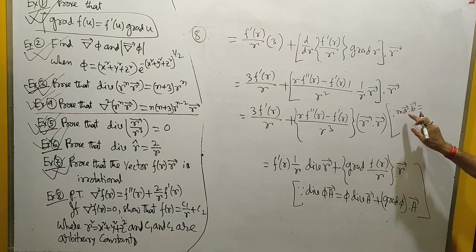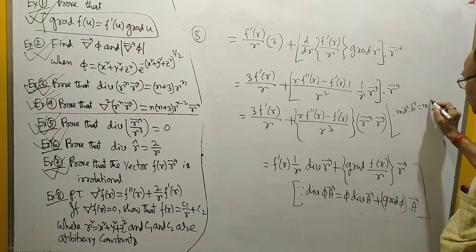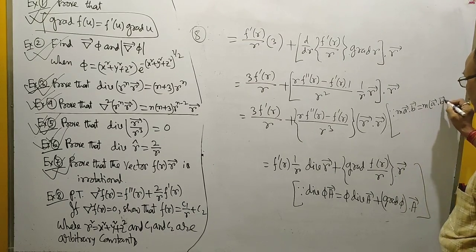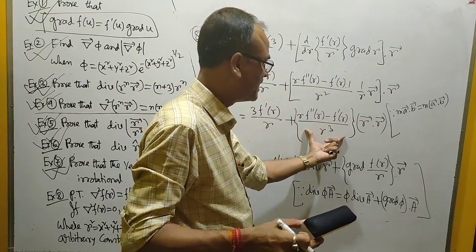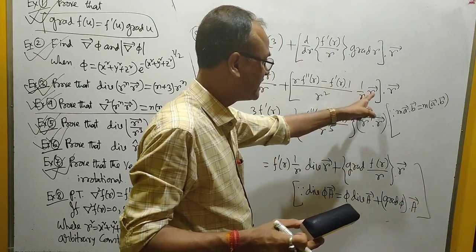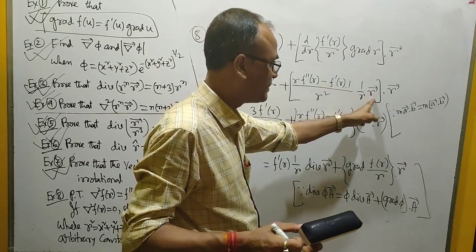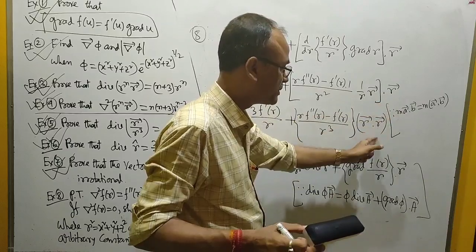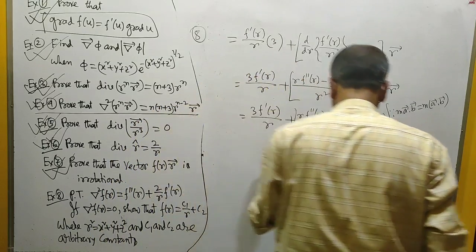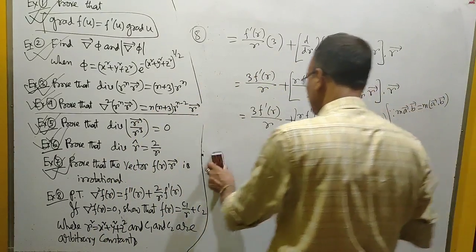The property has been applied: m A vector dot B vector equals m times A dot B. A dot B is a scalar, and up to this it is a scalar, and it is vector m A vector dot B vector. m can be taken outside A vector dot B vector. This is equal to